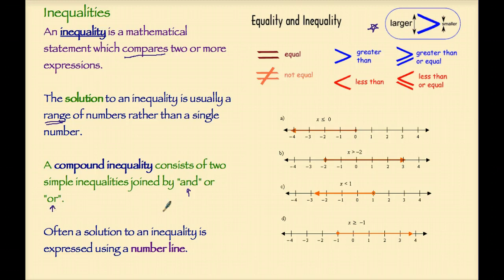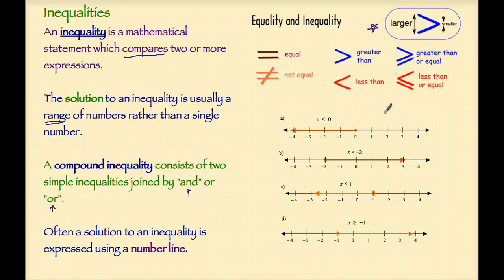Compound is simply a word which means more than one, and often a solution to an inequality is expressed using a number line, which you see here. So if you have a sample answer for an inequality, which is something like x greater than 2, well then 3, 4, 5, 6, 7, all of those numbers are answers or solutions for that inequality. So it is convenient to use a number line representation to graphically depict what that solution looks like, and that's